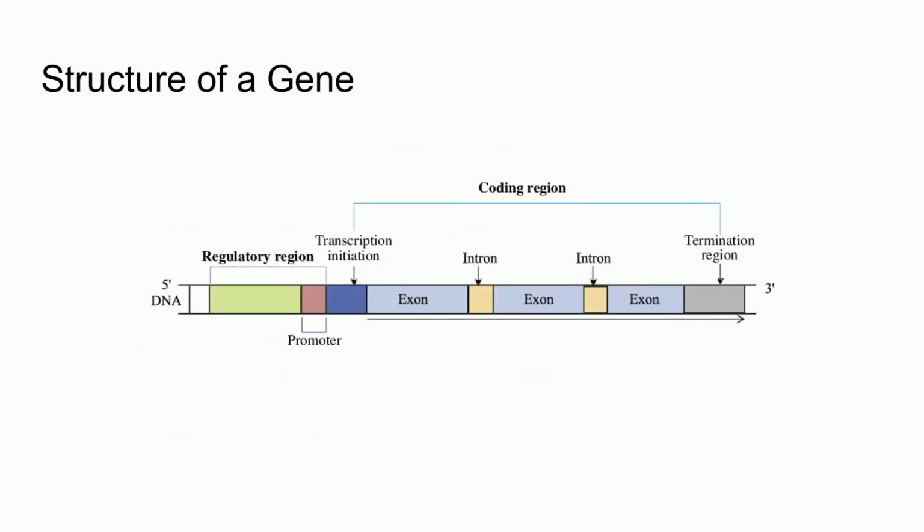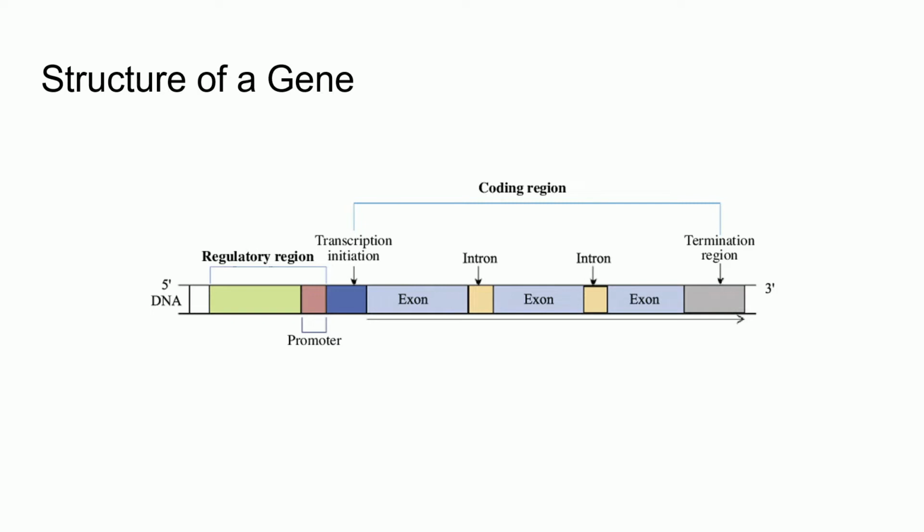Before we discuss transcription, let us first take a look at the structure of a gene. This diagram is a simplified depiction of one strand of DNA containing a representative gene. The 5' end is on the left and the 3' end is on the right. The enhancer and silencer for this gene are outside of view. The transcription start site is given the +1 designation. Everything 5' from this is considered upstream, and everything 3' from this is downstream.